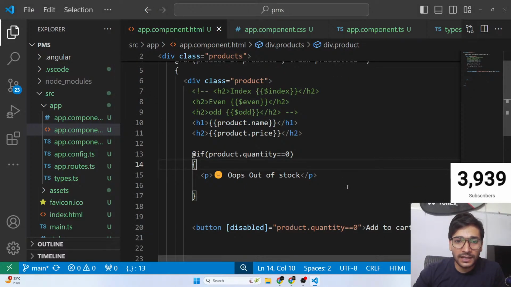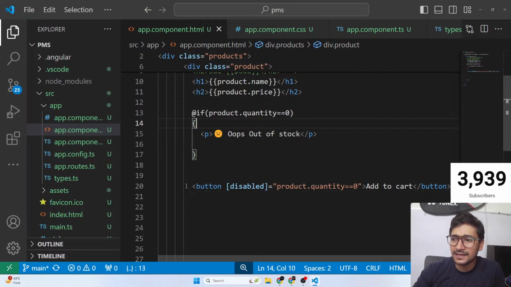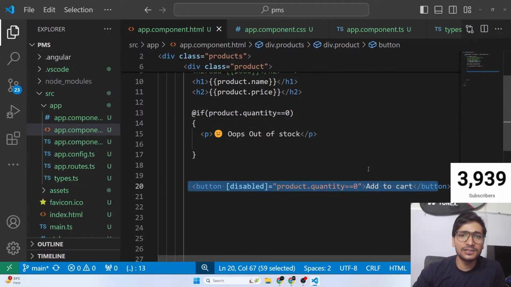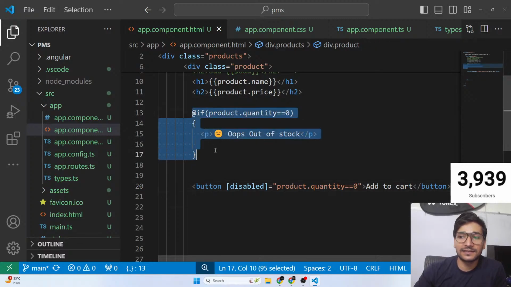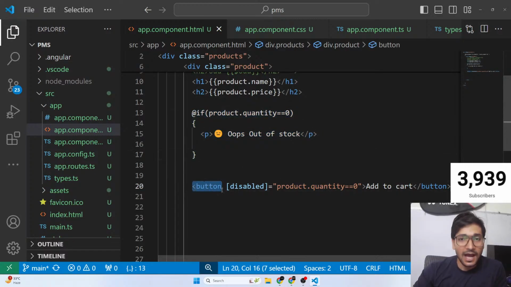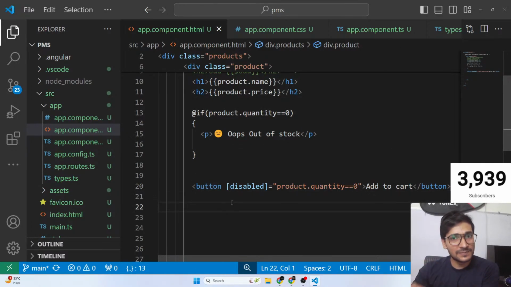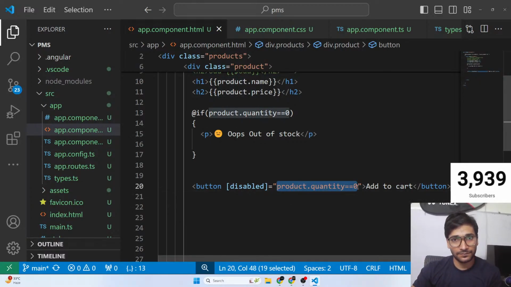Why are you putting a binding outside? Because I just showed you two ways, and now this button doesn't need to be attached to if and else. I always want to display this button. See, Shazan, this button should be always displayed. That's why I'm not putting it inside if and else. The button will be displayed, but whether it is disabled will depend on this condition.